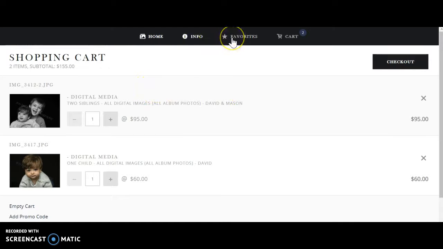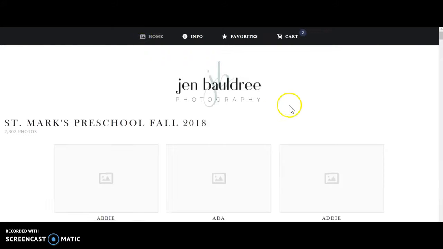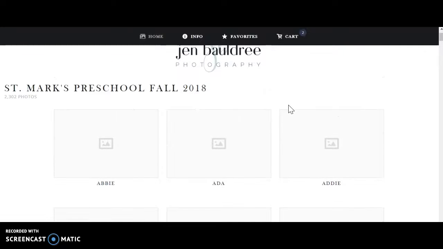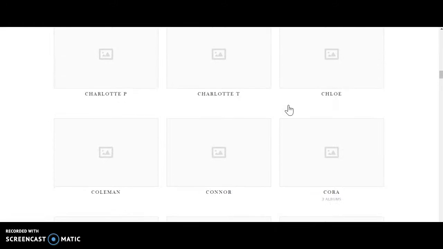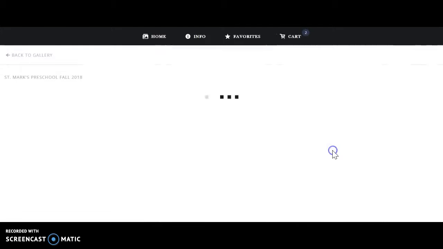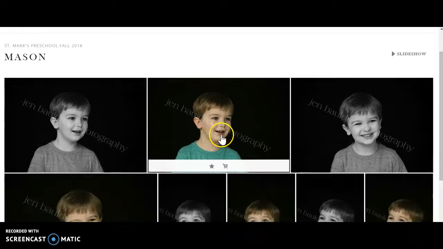Up here, you can hit favorites. If you have particular favorites, as you go through your images, it will let you star them to have your favorites. We can go back here. So again, just a few tips. I'm going to show you one other thing. We'll go back into David's album, and